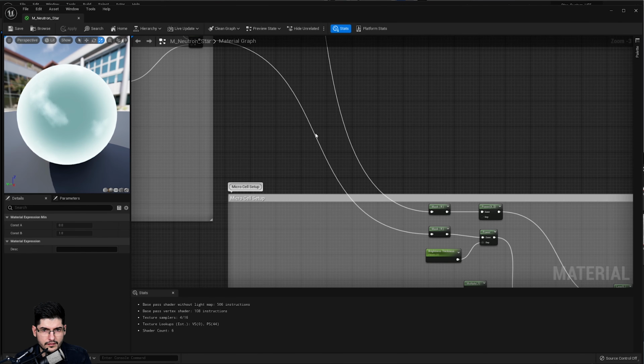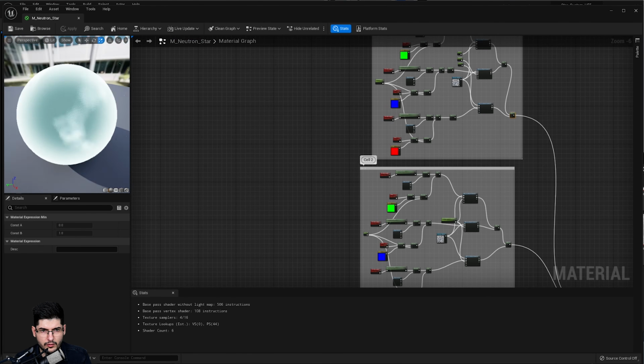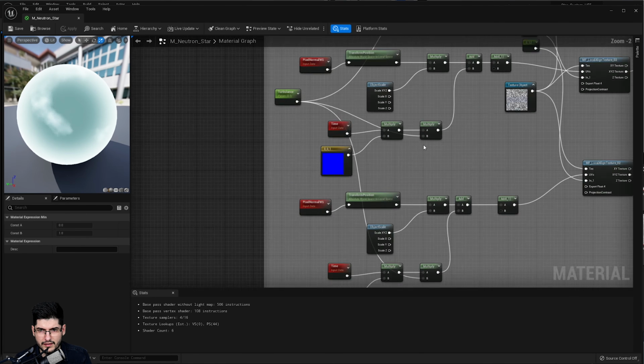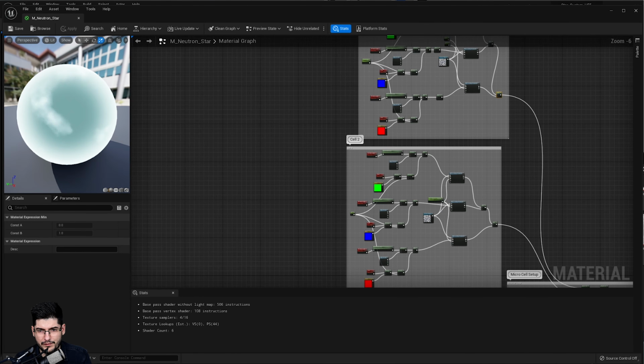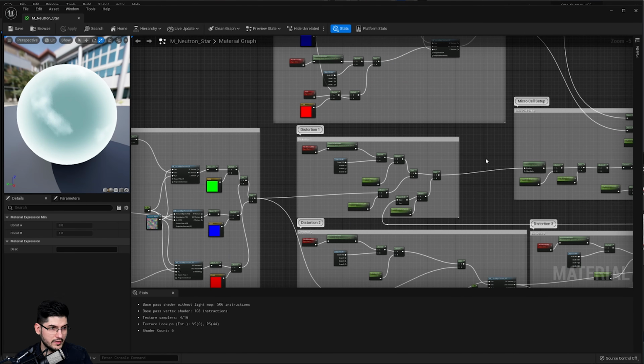I'm just saving. Okay, this is what we're getting so far. Not looking very good, does it? Okay, because what happens is we still have some nodes that aren't yet connected. And what I need